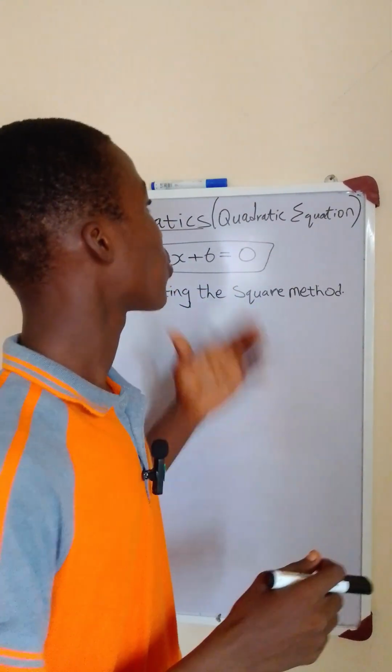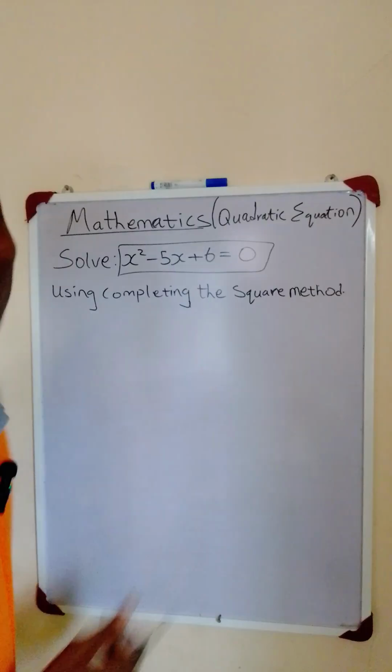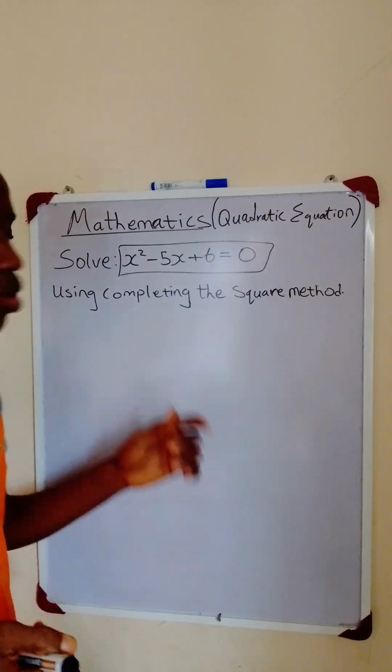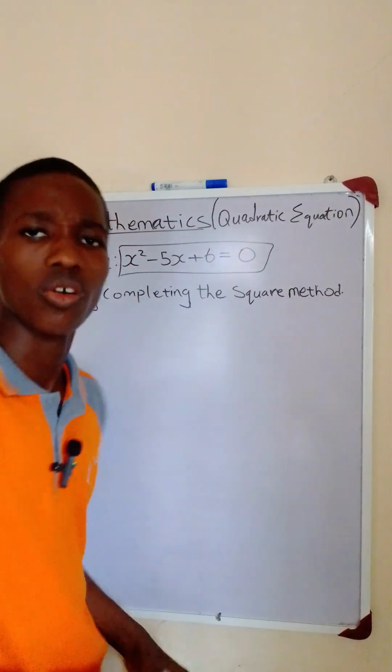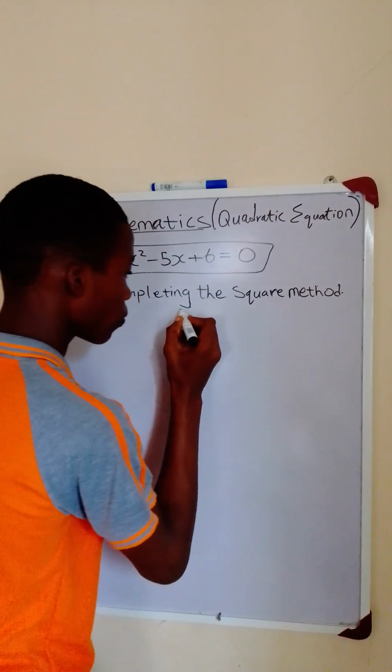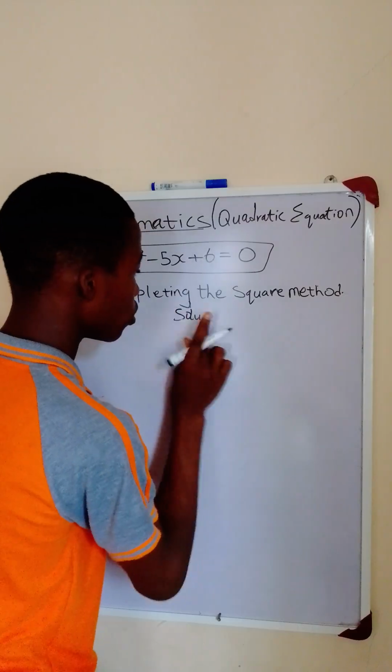I'm still here. So we are going to look at this question on quadratic equation. For this quadratic equation, we are going to solve it with the completing the square method. People find it difficult, so we are going to tackle it right now. So the solution,